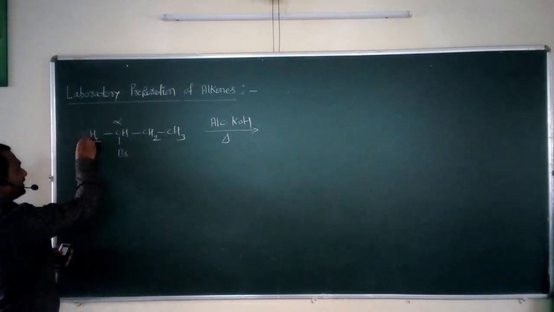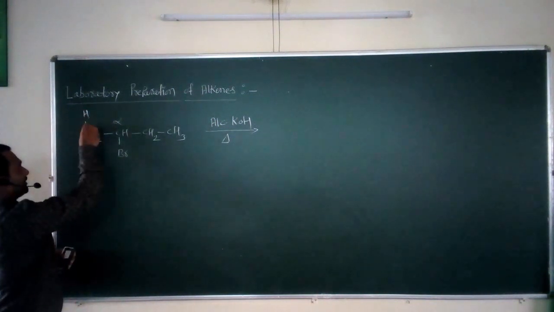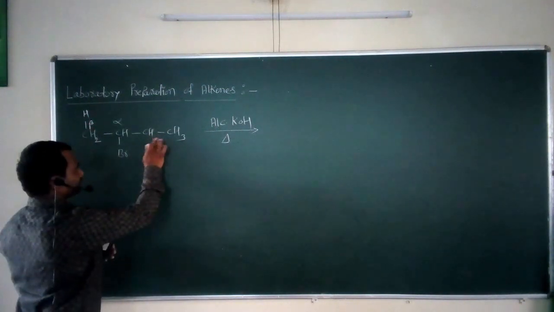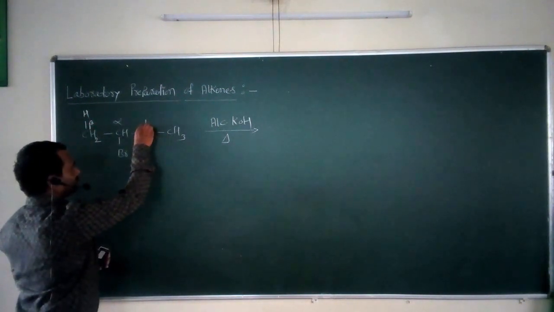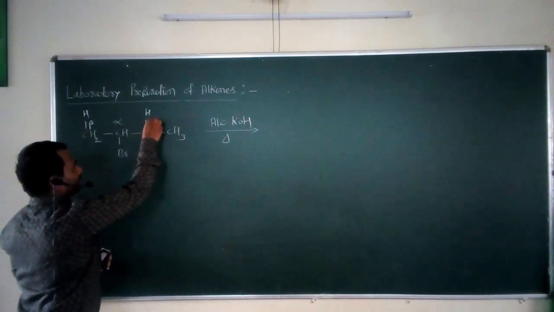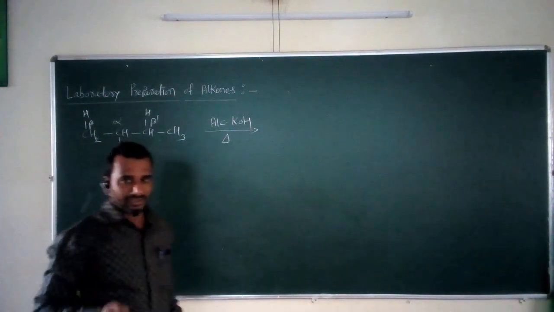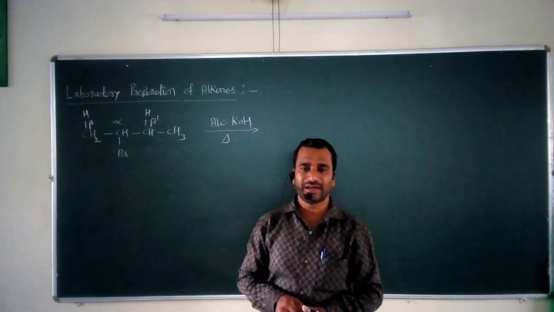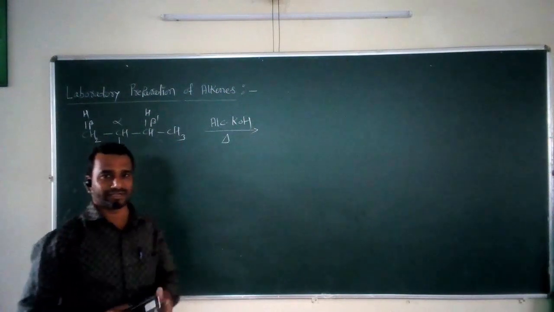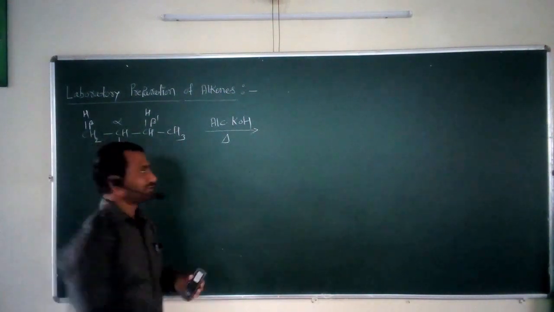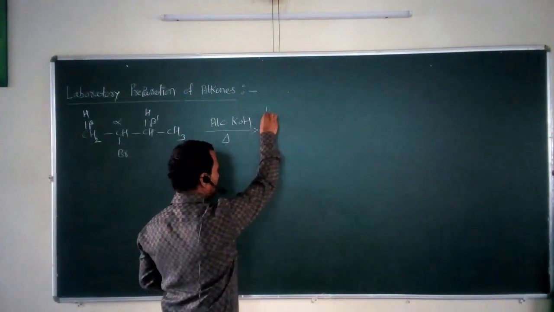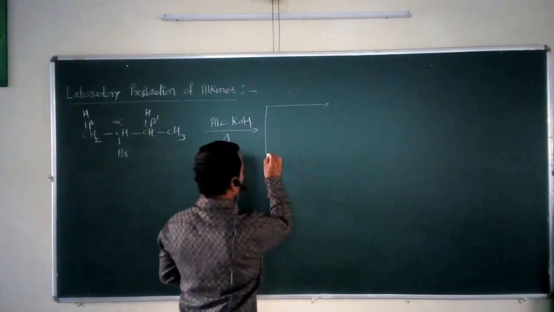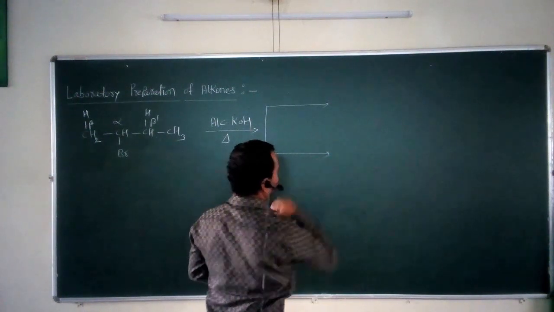The carbon on the left-hand side is called the beta carbon, and the carbon on the right-hand side is again called a beta carbon, but it is now beta dash. So we can say that in the same reactant molecule, two types of betas are present. One is the beta, the second is called the beta dash. So whenever such molecules are reacted with alcoholic KOH, two different types of products can be obtained. Now what are those products that we have to consider?